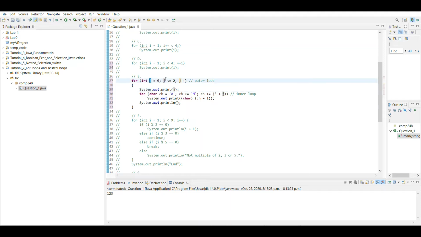increase J by 1, so J now is 1, and we print the value of J here, it's 1, and then we go ahead for the inner loop. We start the CH variable, we initialize it with A, and then we check if A is less than M. Yes, we go ahead and print